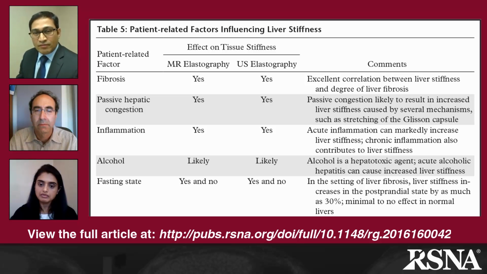Regarding the fasting status, now it's very interesting. The liver has dual blood supply from the artery and portal vein, and the portal vein is fed by the mesenteric circulation. When a person eats, the postprandial situation, typically between 30 minutes to 2 hours, especially after a high carbohydrate meal, increases the flow into the mesentery and into the portal vein. The normal liver is a very soft, compliant organ, like a sponge, so when this increased flow comes in, it accommodates it without any increase in stiffness. So in a normal volunteer, the stiffness does not increase.